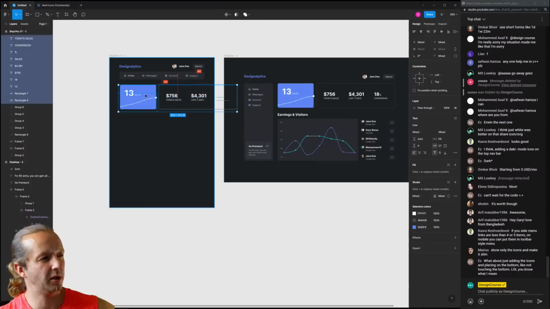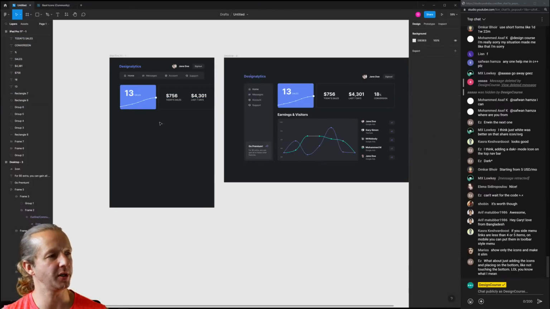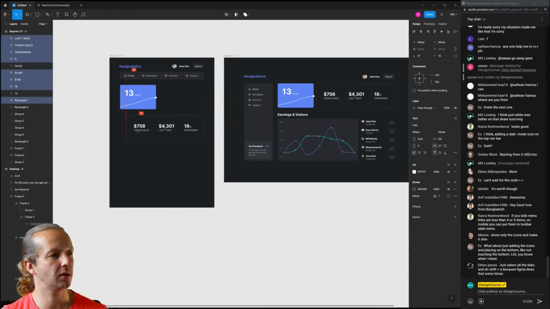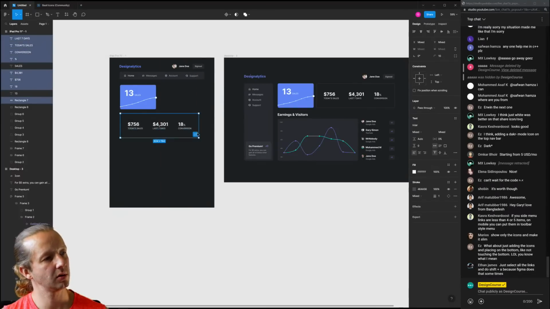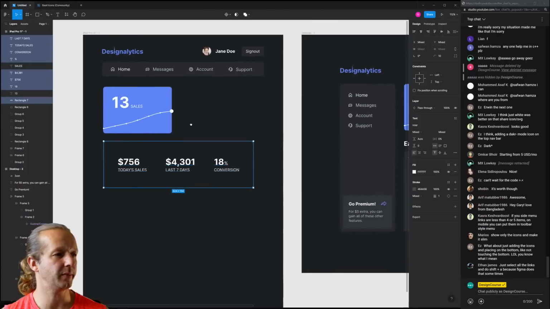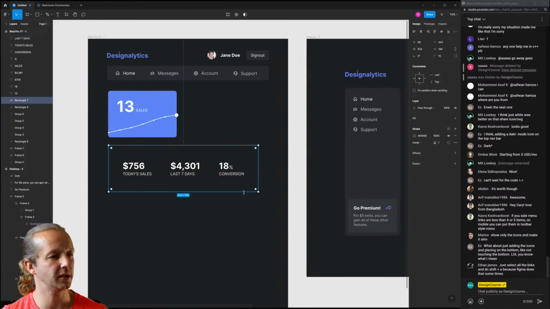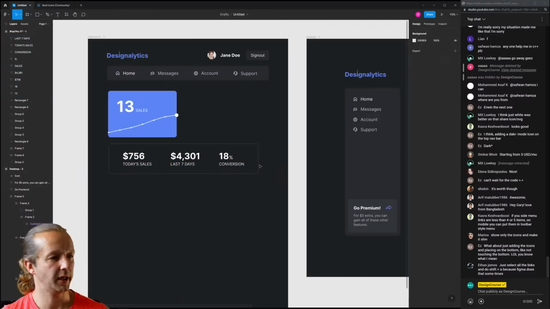All right, so this becomes a little bit more tricky at this viewport. So how would we want to approach this one? Because now we kind of lack a little bit of space because we have 3 of these columns right here. We could put this right here. That makes most sense, probably, in my opinion. Maybe decrease the height of it. There we go. But then that leaves us